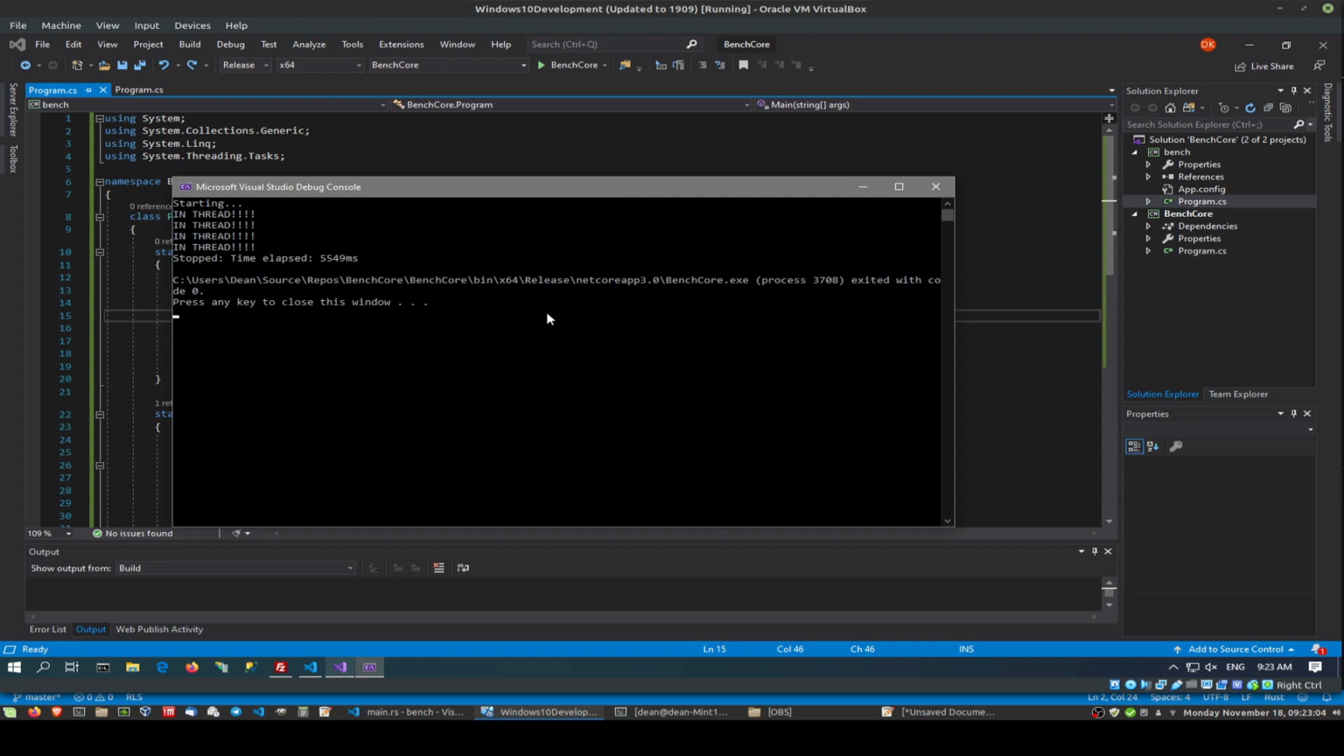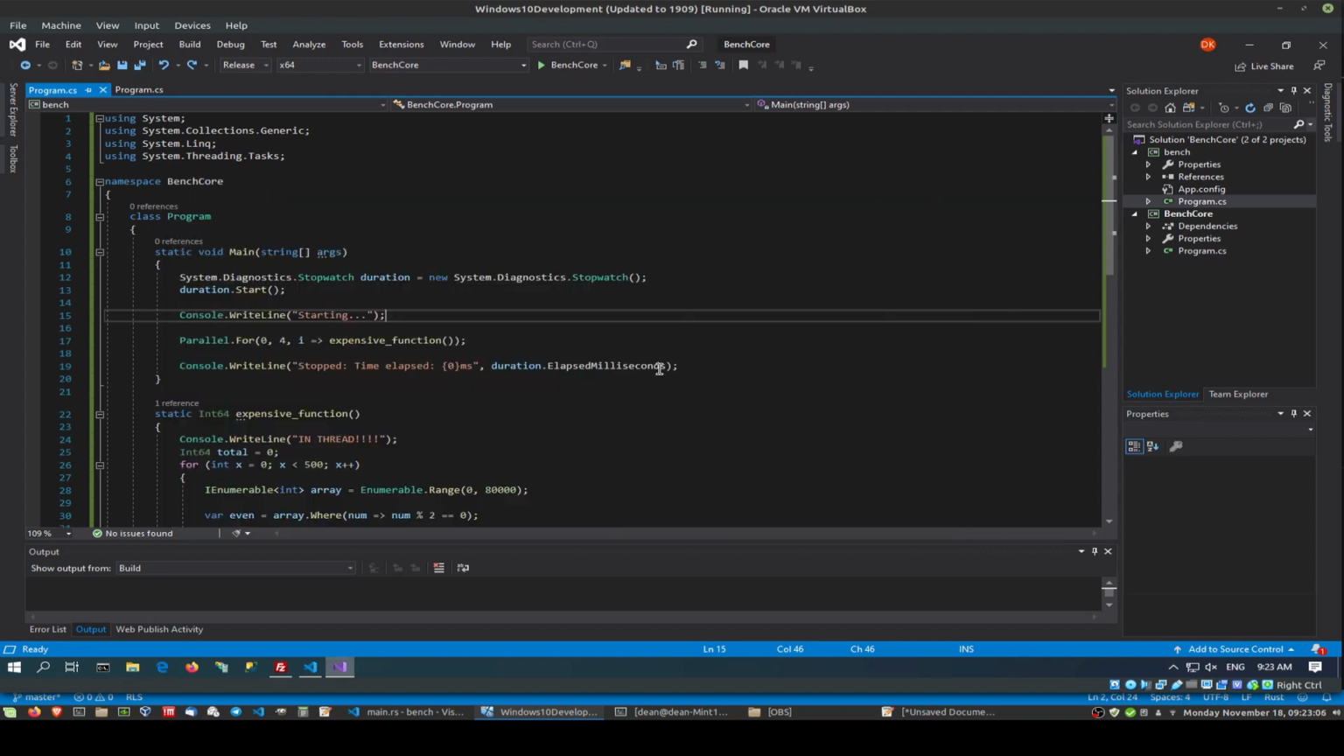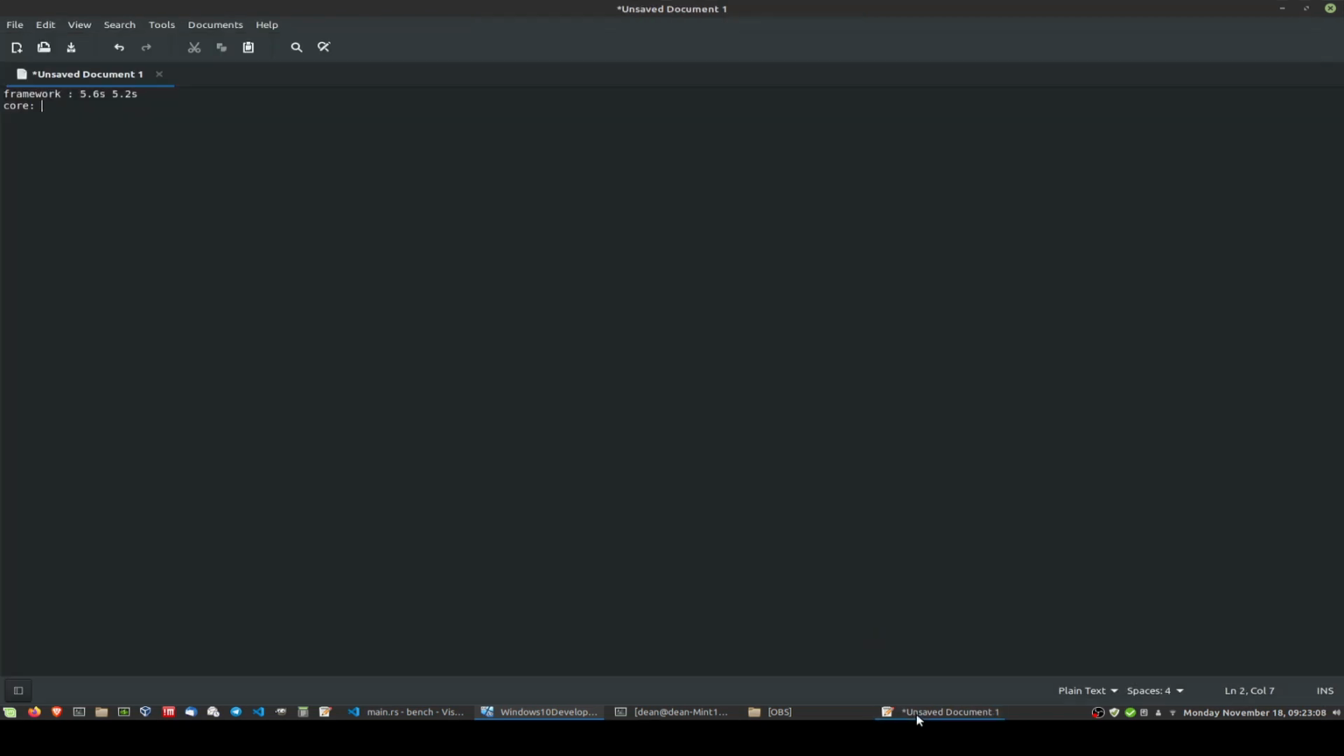5.5. Okay, well maybe that's more or less where it is. So okay, let's just stick that in here as well. Okay, so this was about 5.4, and this was about just under 5.5, so also about 5.4, I'd say. All right, so framework and core, both of them running in a virtual machine is 5.4 seconds to do our